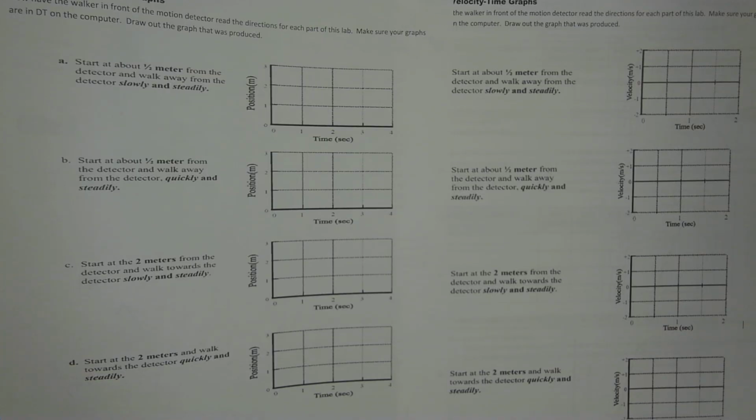Now, here's the last part. Because I went around and I tried to help people not lose points. Can you look at the bottom graph of your screen? That's a VT. Some of those lines, don't they look like they're on the x-axis? Are they on the x-axis? What does the x-axis on a VT graph mean? Stopped, at rest. Now, if you were able to zoom in, then you would see that the line was really above or below. Do you see what I'm saying? So when you draw right here,